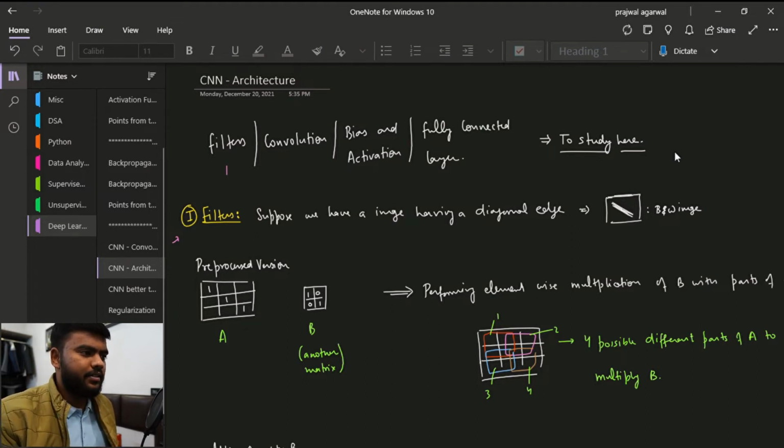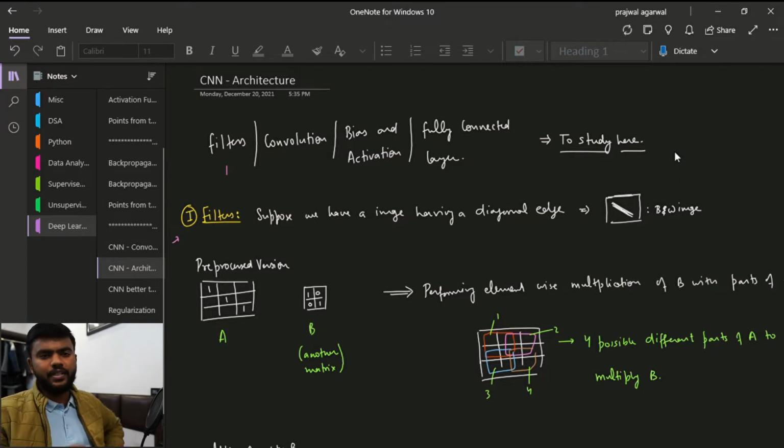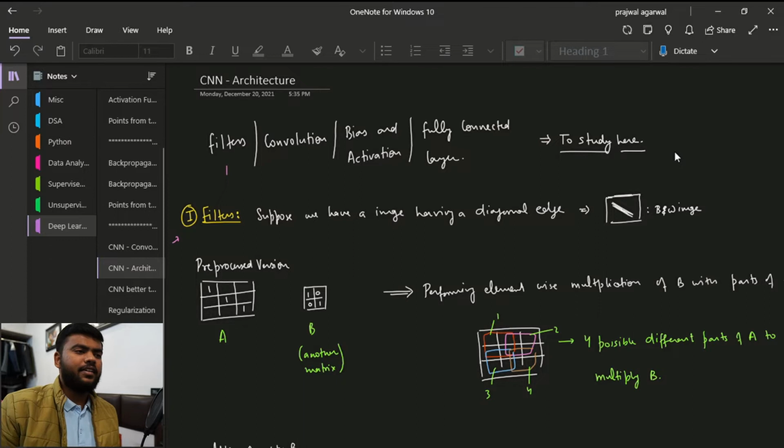The first thing that we'll start with is filters. Before we get into the theoretical explanation, I just want you to have an analogy. Imagine you have a stencil. If you know what stencils are, when painters have to paint a logo of a certain company, they don't actually paint it. They have something like this